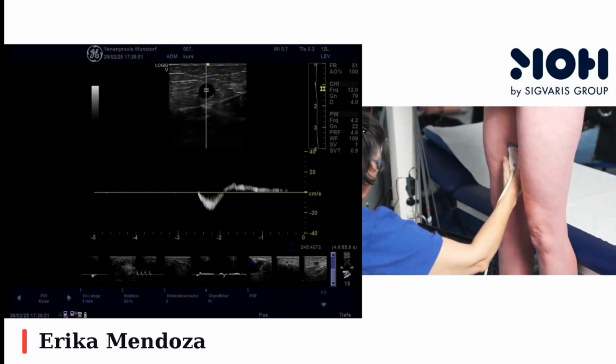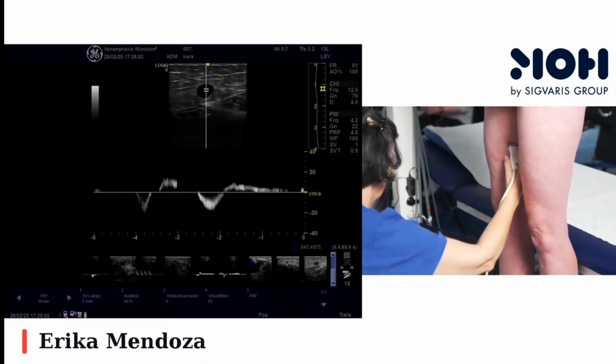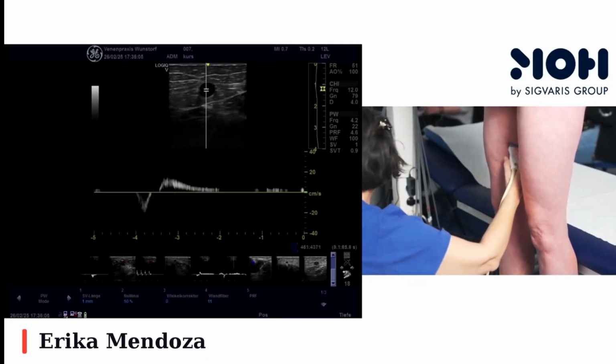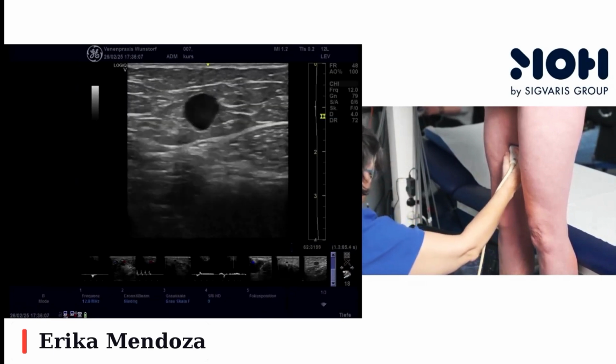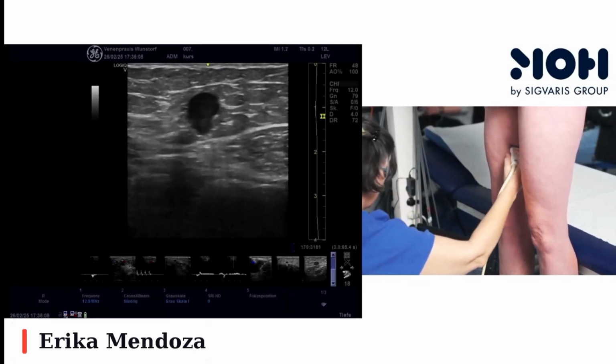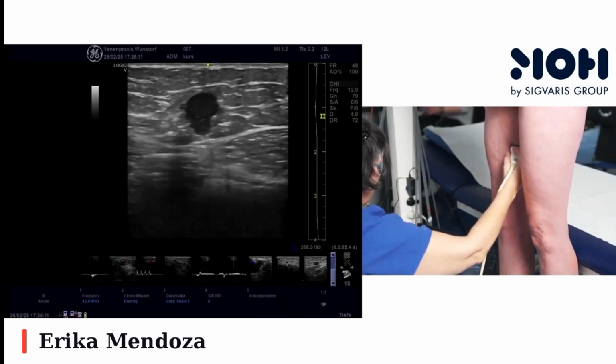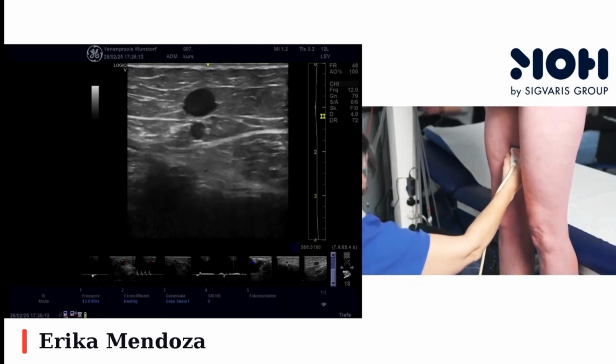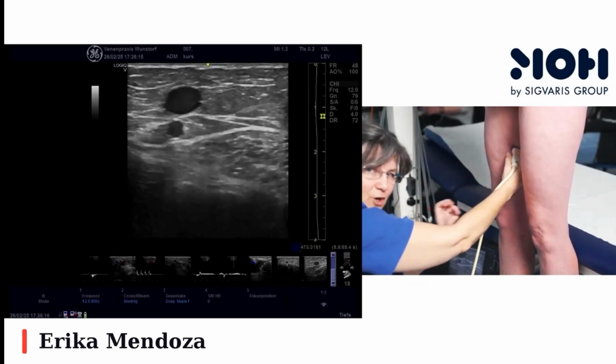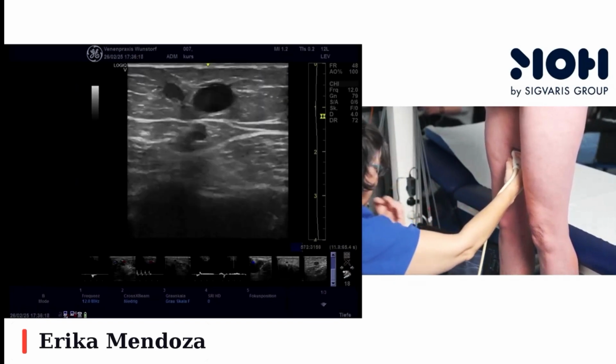Let them down. There is a reflux. Oh, yes, that's a reflux, yes. So that's around 1.5 seconds. I have brought a patient with a problem because normally, I said, I close the vein with the finger, but